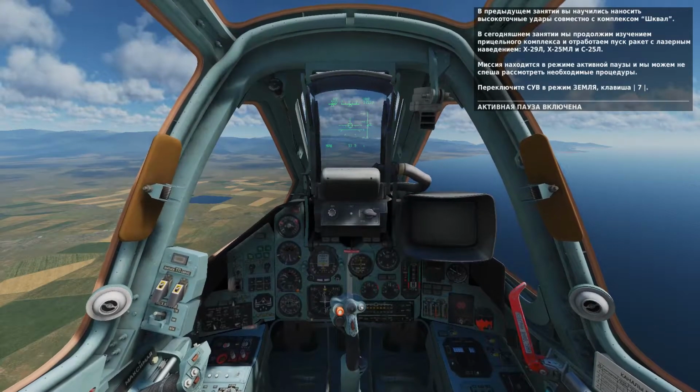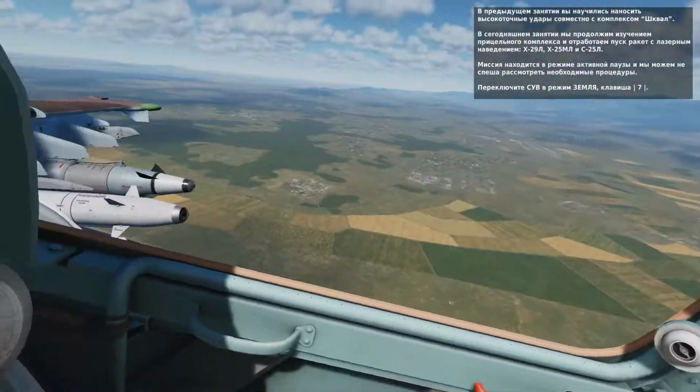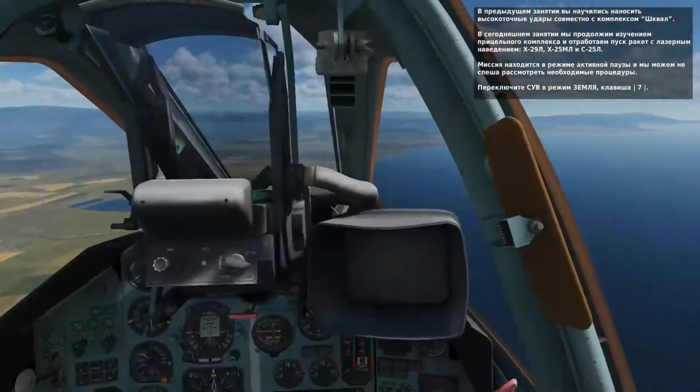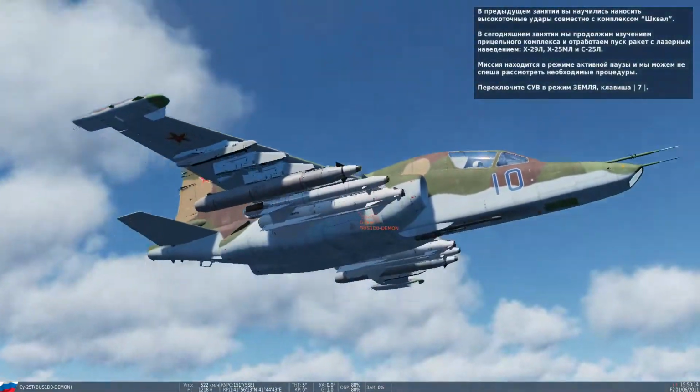In the previous lesson, we learned how to use the SFAL sensor to designate targets for guided missile and bomb attack. In this lesson, we will build on that and learn how to use the SFAL to employ laser-guided missiles. In particular, the Х-29Л,